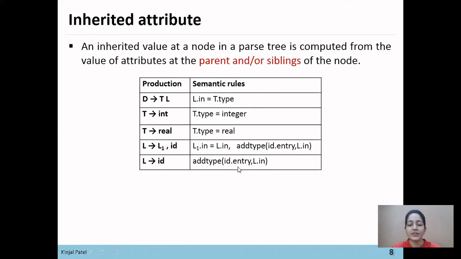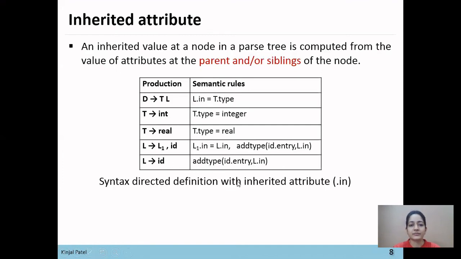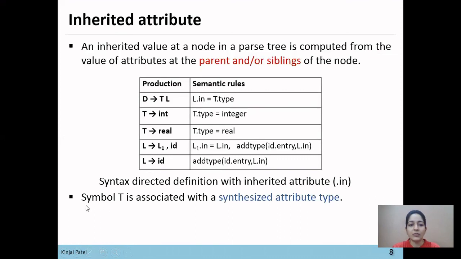So the addtype function is used to make the entry of ID in the symbol table. Okay, so this is the syntax directed definition with inherited attribute in. Here symbol T is associated with the synthesized attribute type, and symbol L is associated with the inherited attribute in.